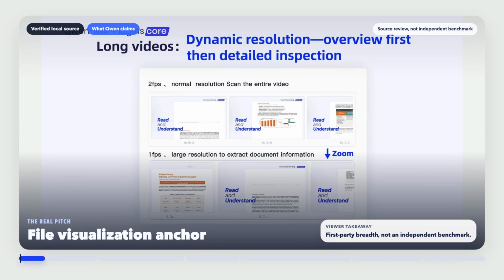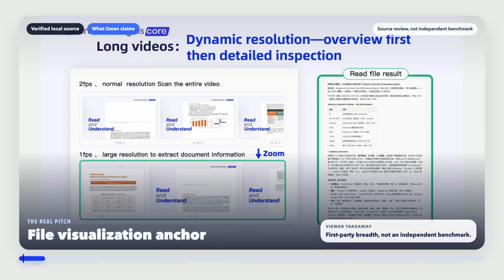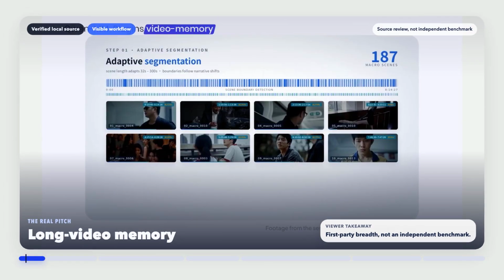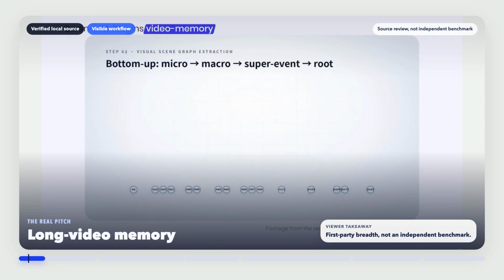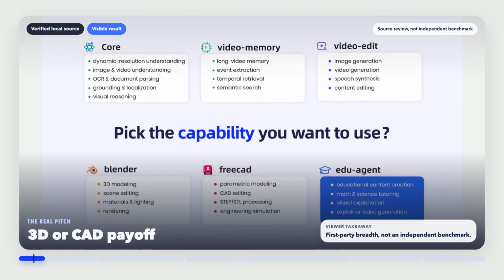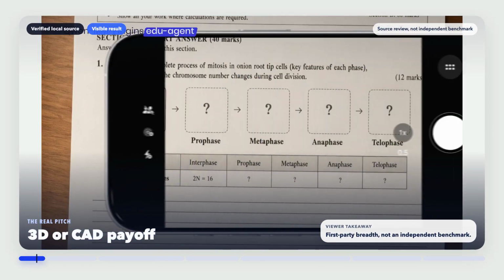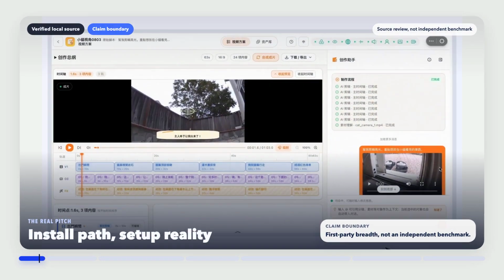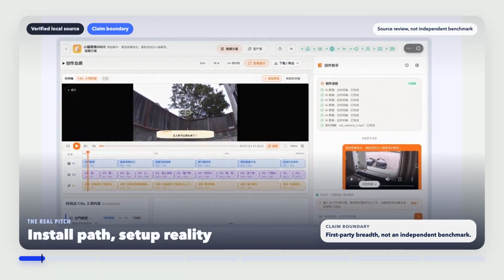Most agent plugin launches promise one more tool. Qwen-MM-Plugins is aiming at something stranger. Instead of asking you to switch to a new chat app, it tries to turn the harness you already use into a multimodal workstation that can read weird files, remember long videos, edit media, and even talk to Blender or